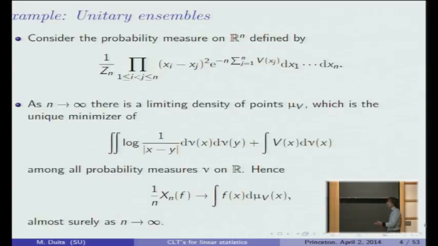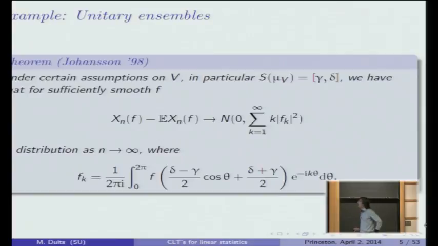Then as n goes to infinity, as I think most people here know, there is a limiting distribution for the random points x1 to xn that can be characterized in terms of the unique minimizer of an energy functional. That is written here. But we are interested in the fluctuations, and then I want to recall this theorem